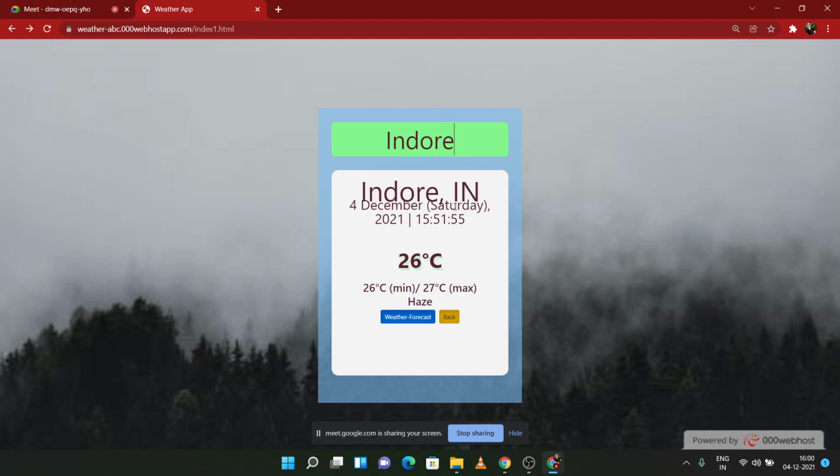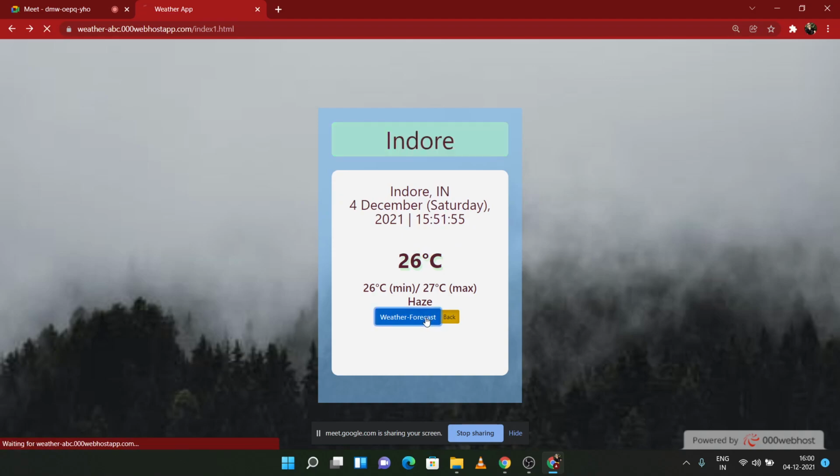This function takes three input parameters. First one is the weather API URL, then the city name which the user gets from the search box, and then the weather API key. This weather API key is given by OpenWeatherMap API. So this function fetches the weather related data of any particular city and displays it in our weather app.